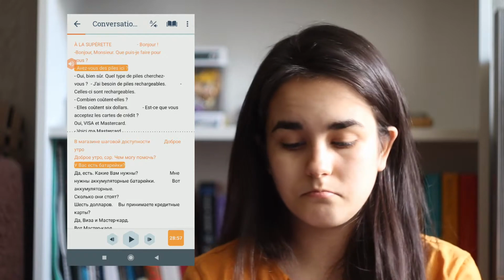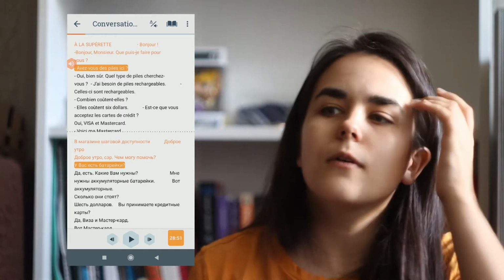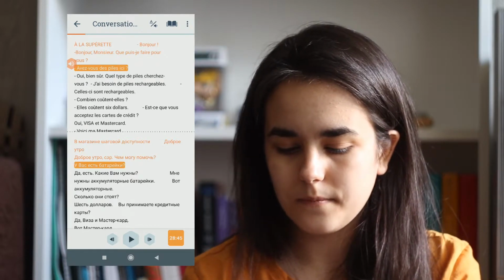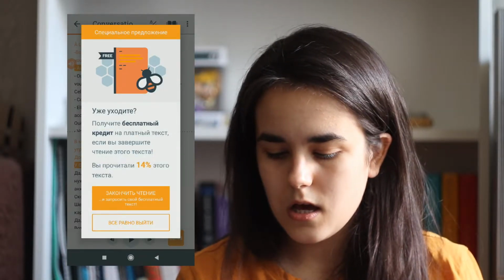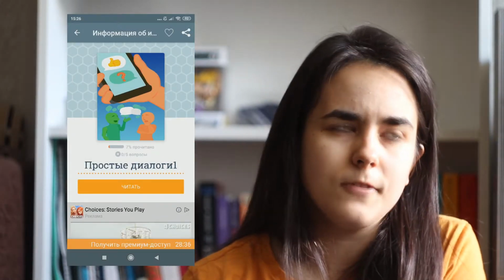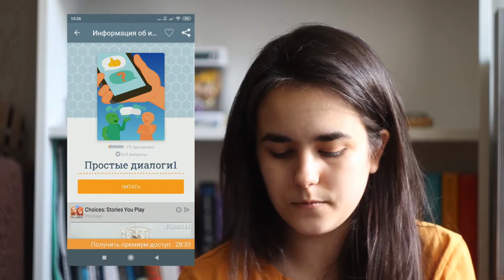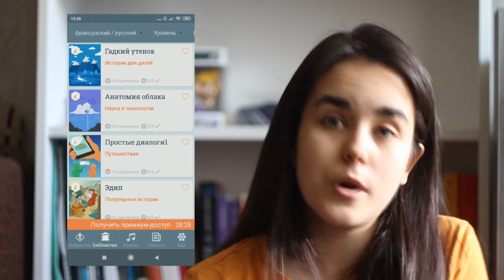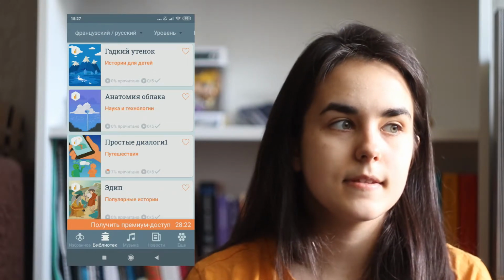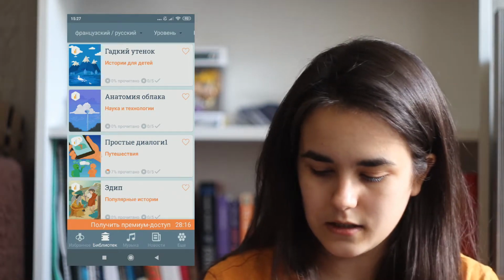So overall, the app is cool. The only thing is, let's have a free version and premium version, and I think you have a very limited number of texts available for free. But overall I think it's a pretty cool app. I don't remember does it work offline or not, honestly. But if you want to practice your reading, I could recommend it. I also think that voiceovers are really cool. Maybe one problem could be the text itself, because now I think they updated a little bit, but